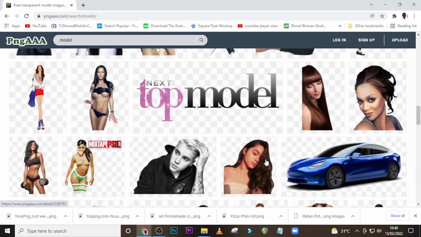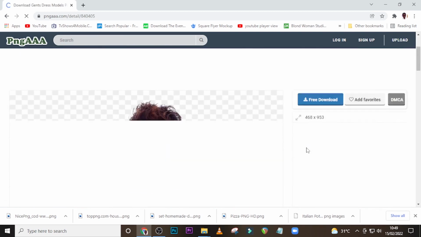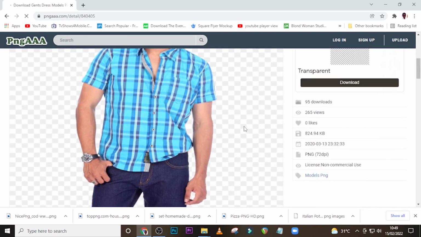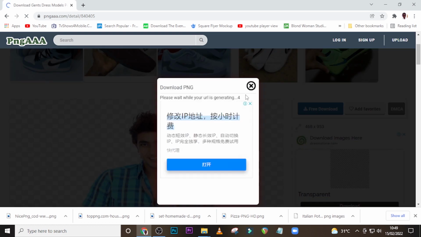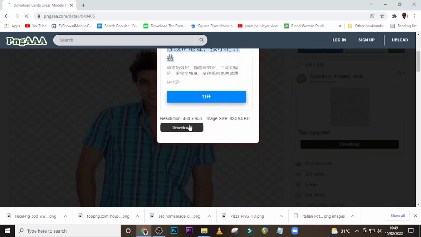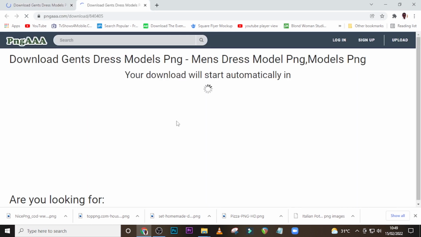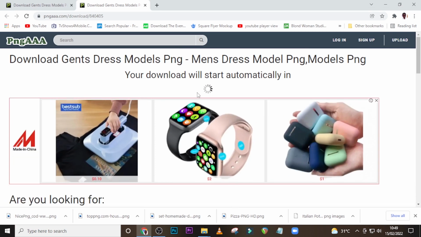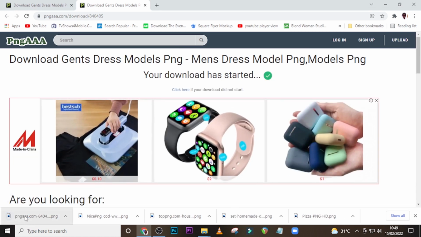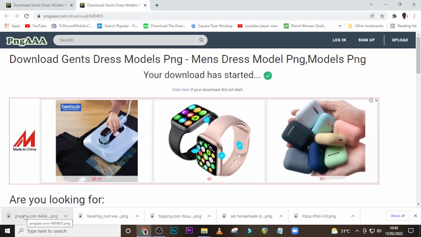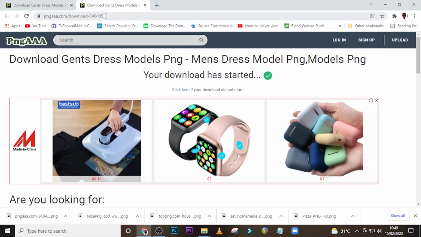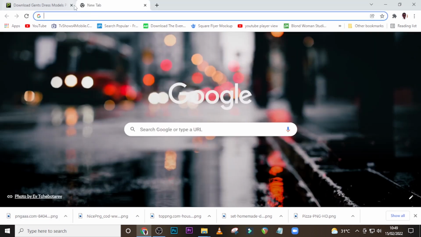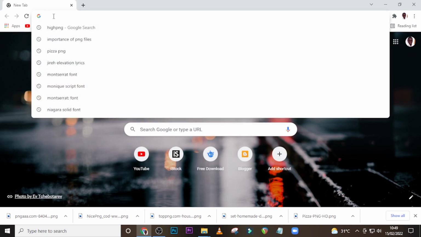So let me click on one of them. Alright, so let's see. Let's click over here, and then let's see. Please wait while your URL is generating. Click over here. And then let's see, 10 seconds. Okay, so you can see over here it's downloading for us. And this is also a great site for you to download your items from. And the next site I want to introduce you to again is